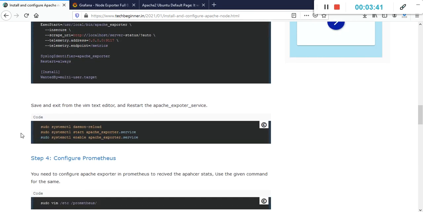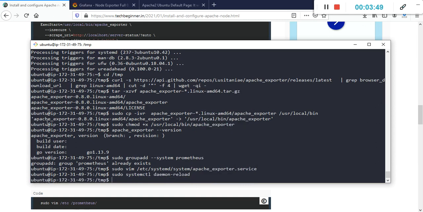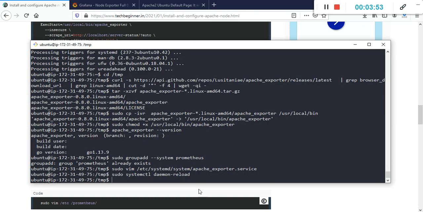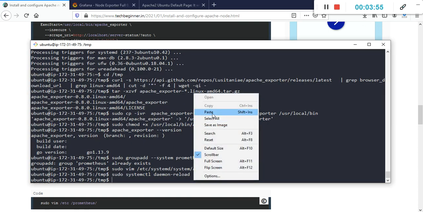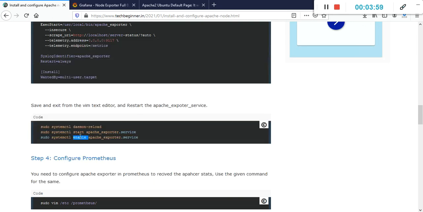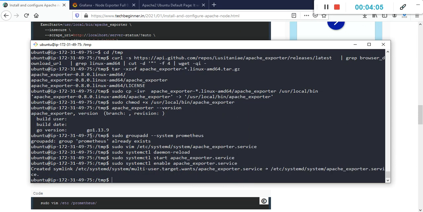Save and after that we have just created the new service, so we need to reload the daemon using this command and after that we need to start it and after that we need to enable it. Whenever your system goes down and up again, this service should auto start on boot.